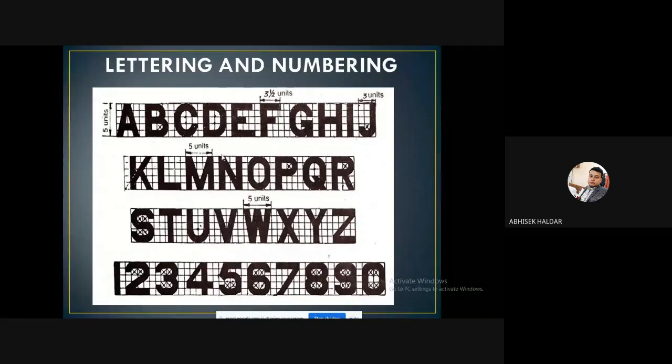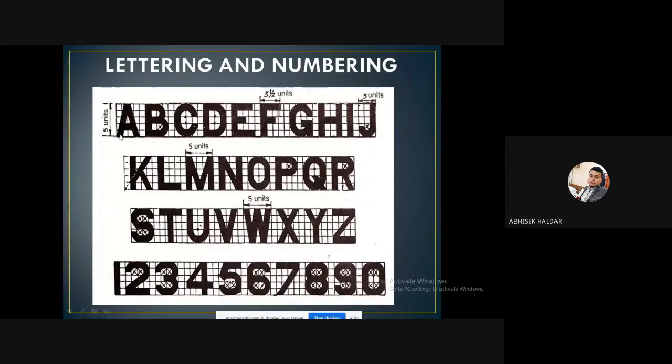Now see, why I'm showing this: is it possible to maintain these things, that means 5 units of height and 4 units of width, while you write anything? Obviously not, but my intention is to make you understand that whatever you write, all the fonts should be of the same size, that means the same height at least.